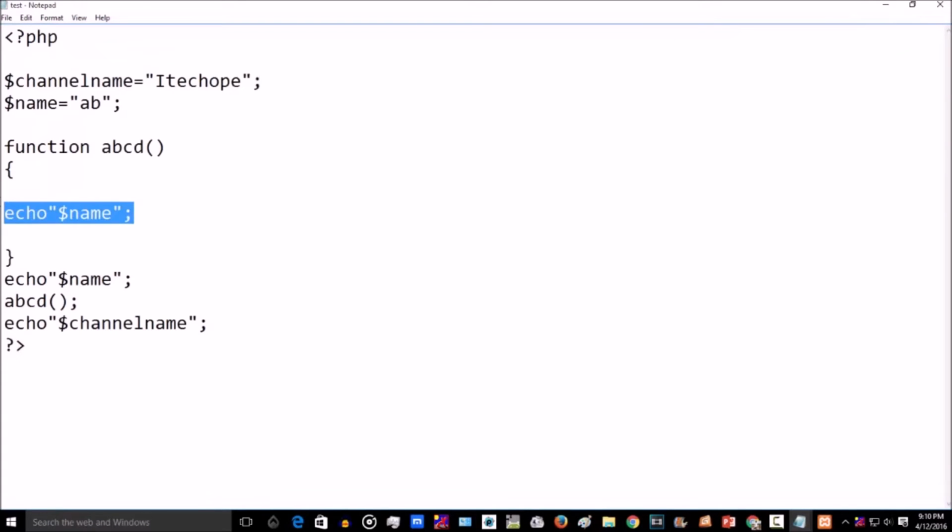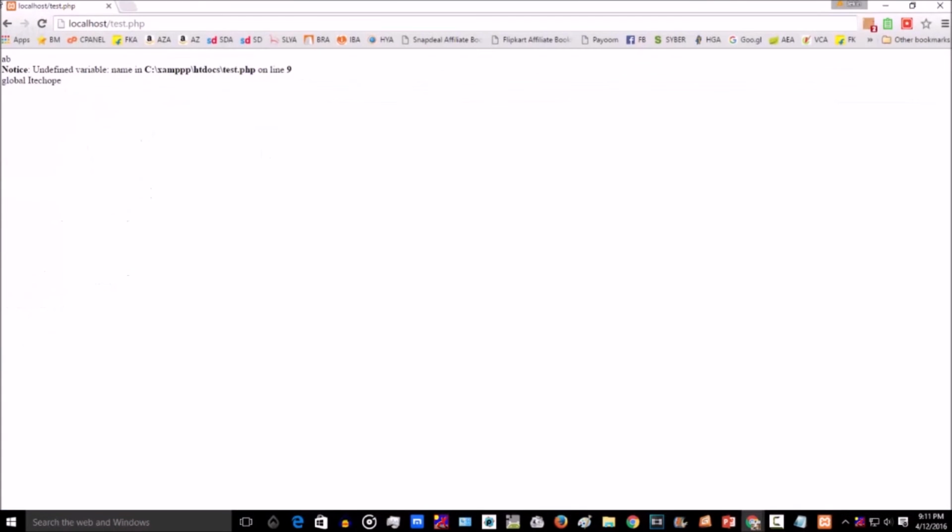To access the global variable inside a function, we need to write global $name, the global keyword, which is used to access the global variable inside a particular function. So we will be able to access this variable inside the function. Let's refresh it, and here we can see AB iTakeHope.